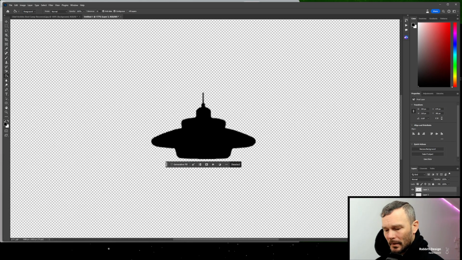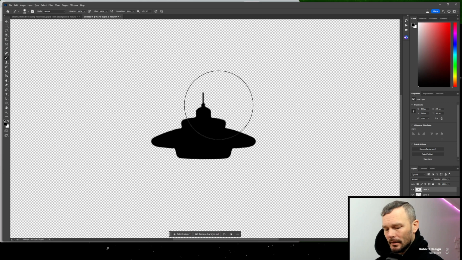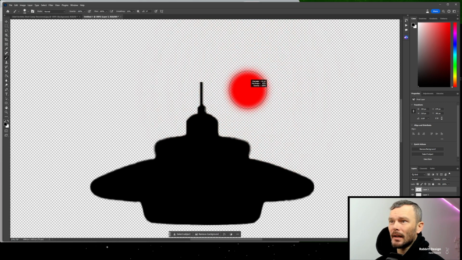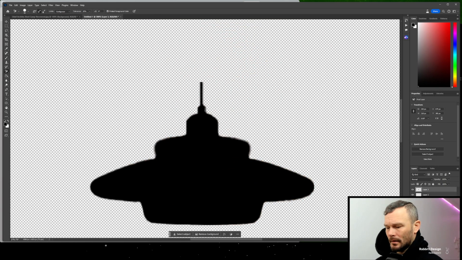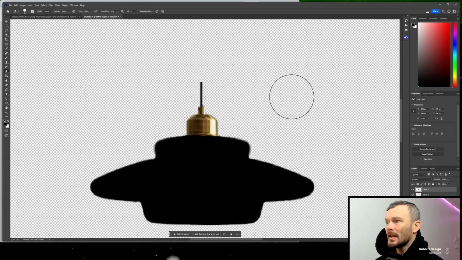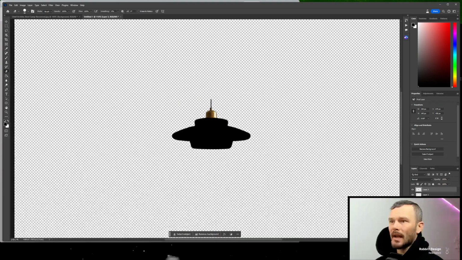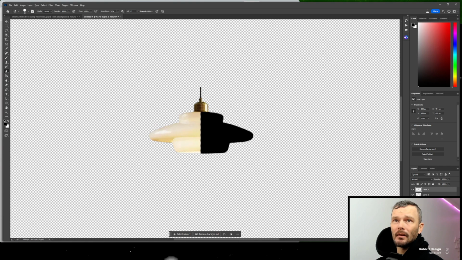And I might erase some of this. So let me Control D to unselect, come in with a brush or an eraser. In fact, make sure that's 100% erase. Let's see. And this is a background eraser. Let me go regular eraser tool. And I'm just going to erase just this top half. Okay. From here, I actually want to erase half of this because I'll show you what we're doing next. So I'm holding my Shift key, erasing just half of that, or you could use your square bracket key, grab that,